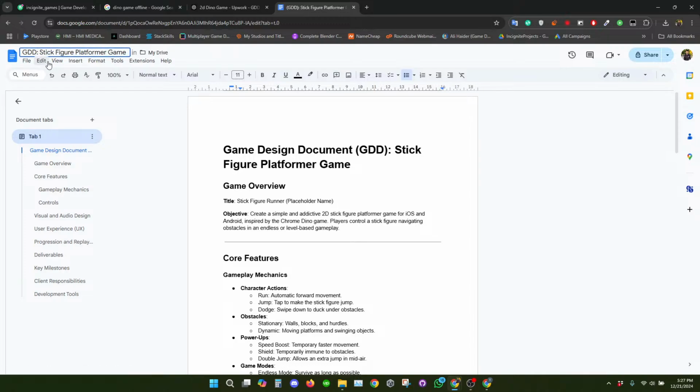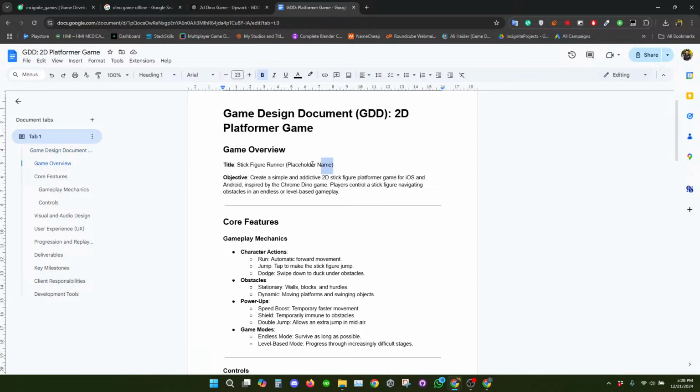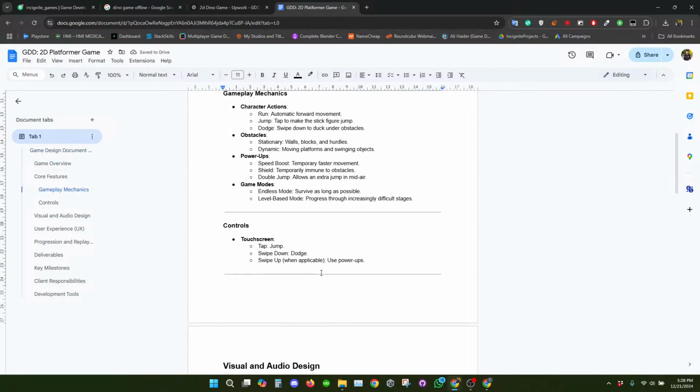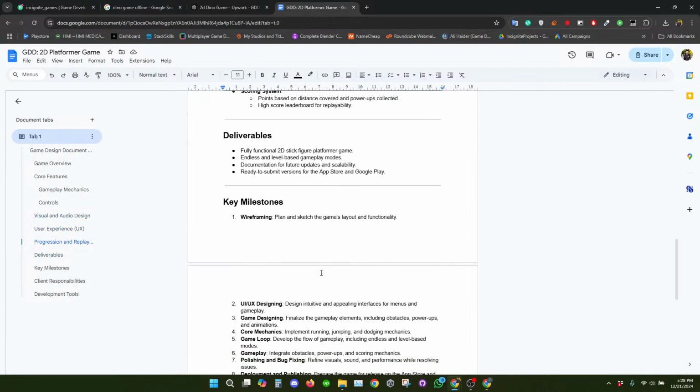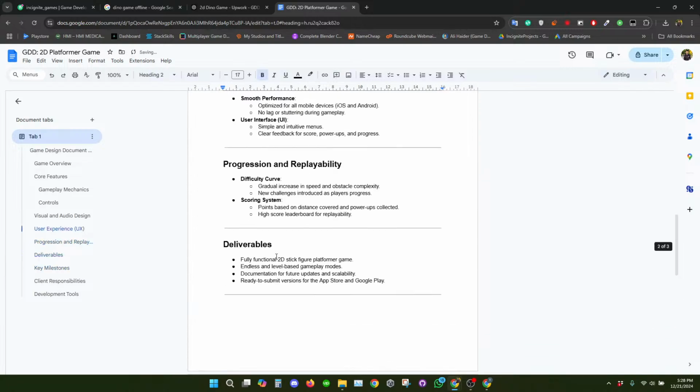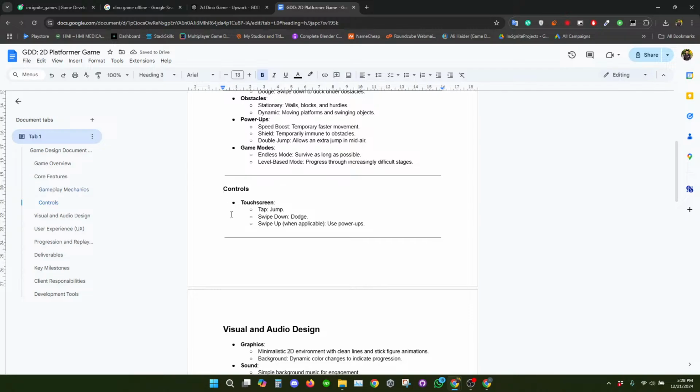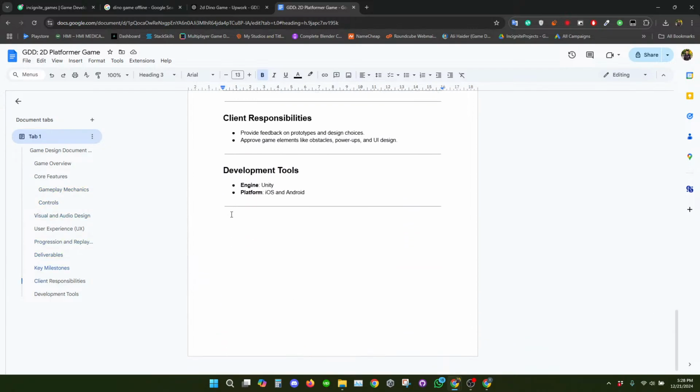Game design document, 2D platformer. We are not going to name it platformer, stick figure. We just write TBD, which is to be decided. Other than that, I think it looks good. Yeah, we can have it on a separate page. And yes, it looks fine.